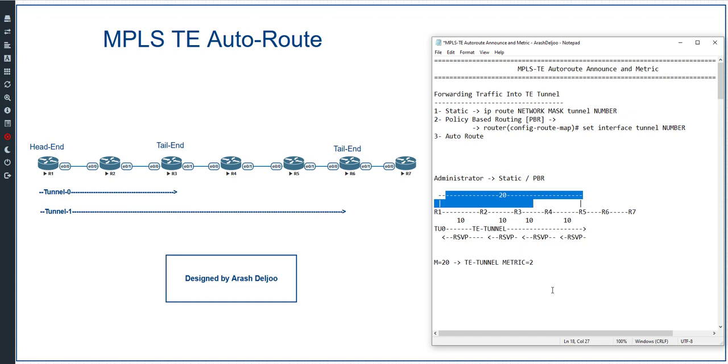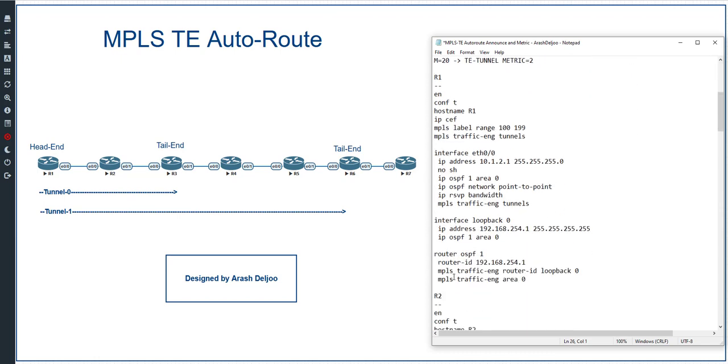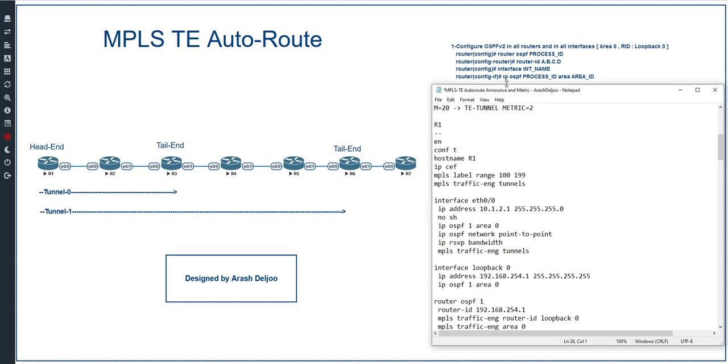Let me first start with the configuration of this scenario. After that, we can experience other features of the Autoroute. Autoroute is a simple feature and we can easily use it. Here we have a scenario, and also I have a configuration. This configuration is for a scenario like our scenario, but we need to change some of the parameters. Starting from router 1, as you can see, in the first step we need to configure